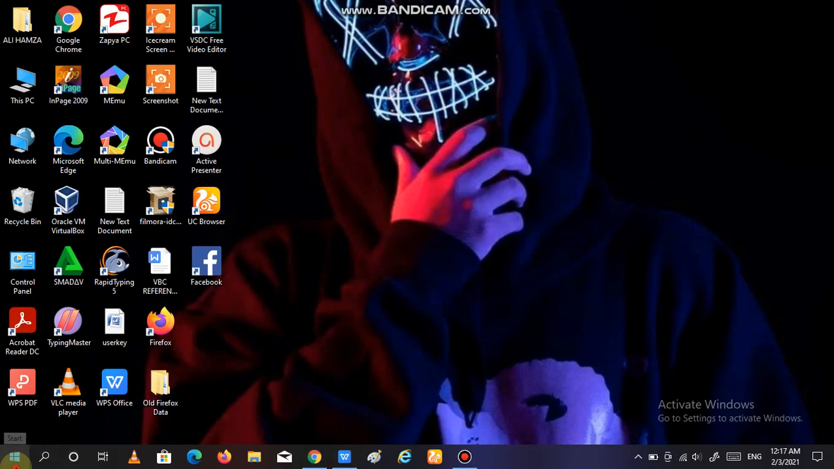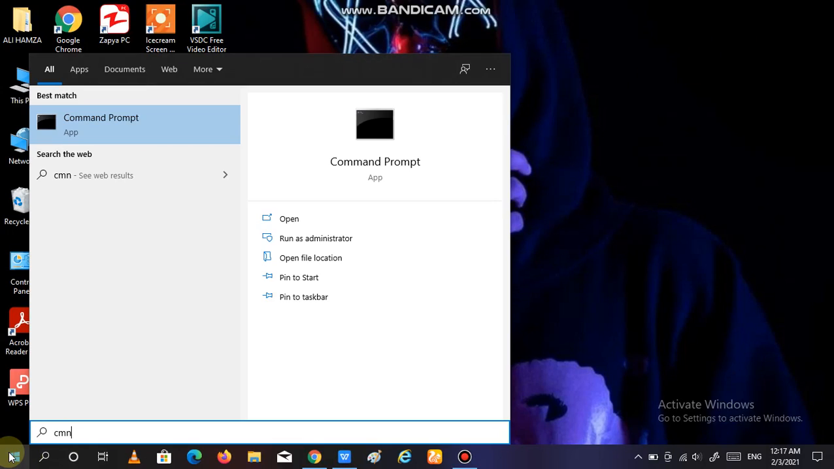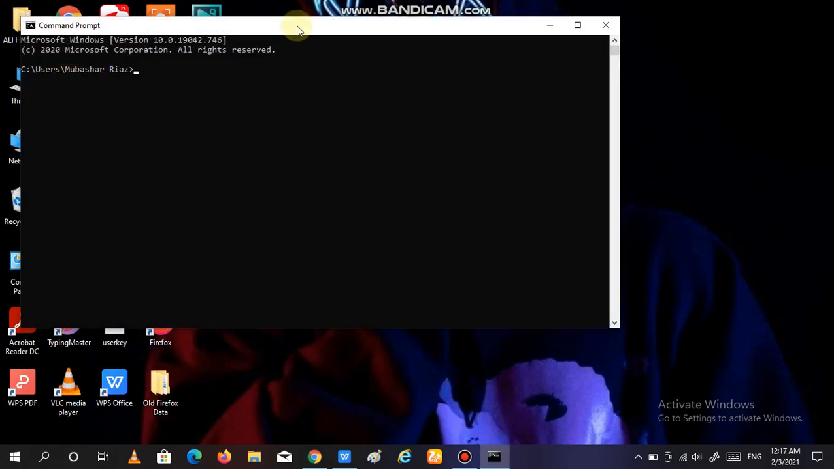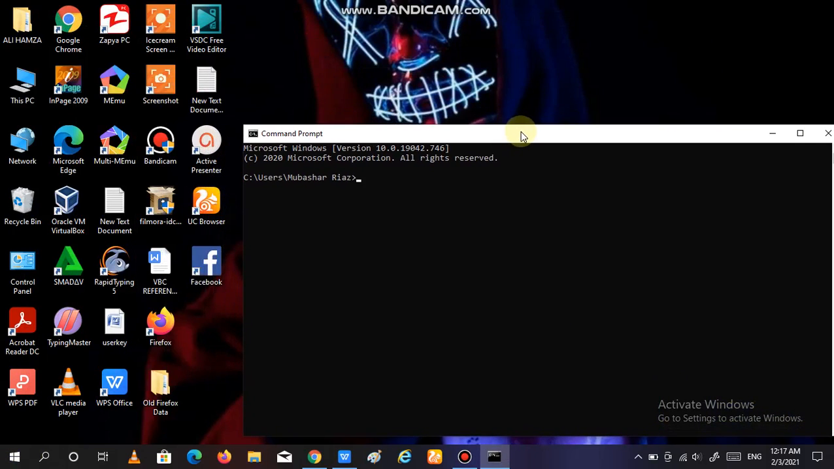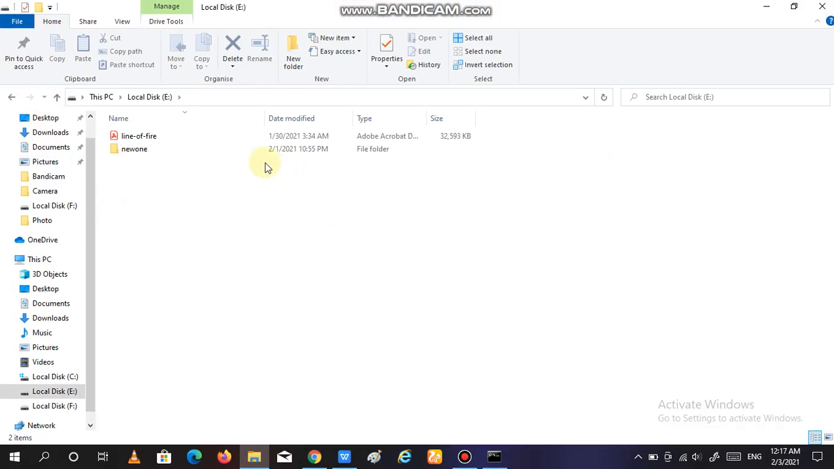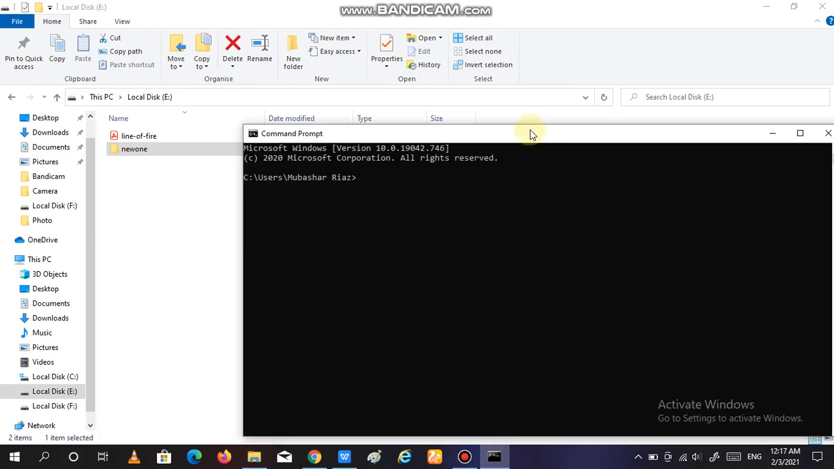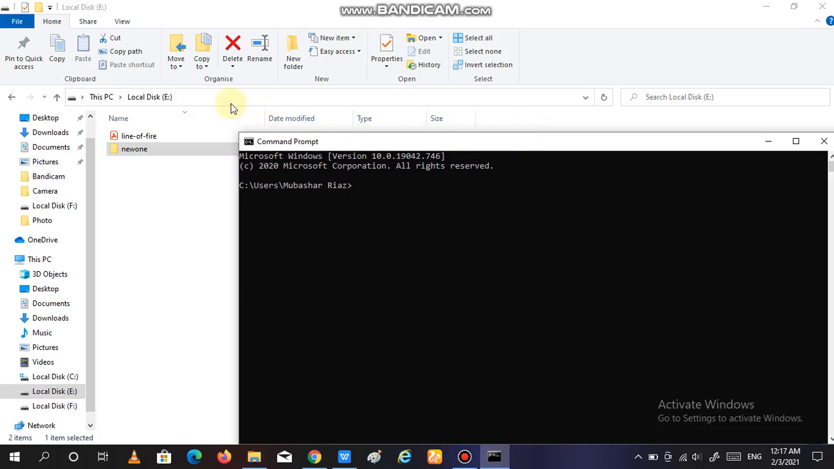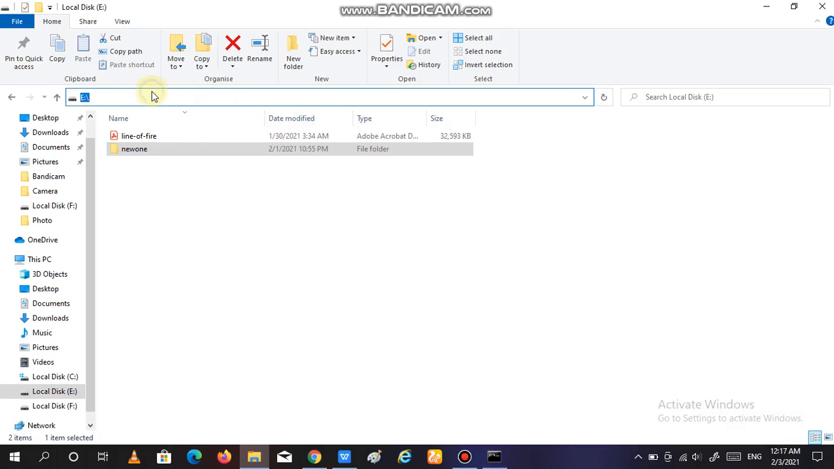First of all, open CMD and then open the file or folder you want to hide. For example, I want to hide this folder. So what will you do? You will just copy this path